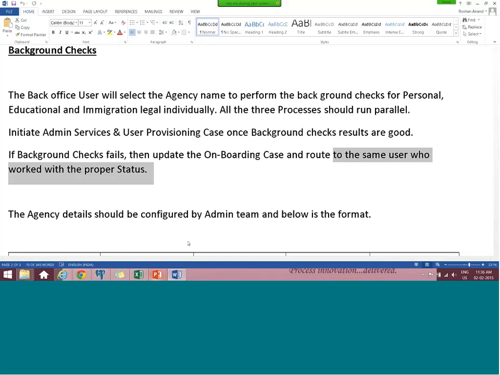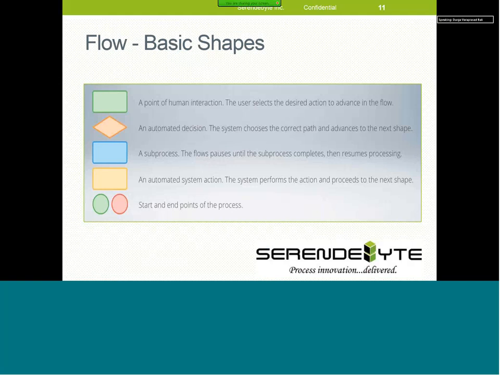Okay, so these are different shapes, they call them basic shapes. The first one is assignment. You already know the purpose of the assignment. The second is automated decisions. It's called a decision shape. You can show your when rule using the fork, decision table, or decision tree. You can use whatever rule you want for the decisions, and place it over here.